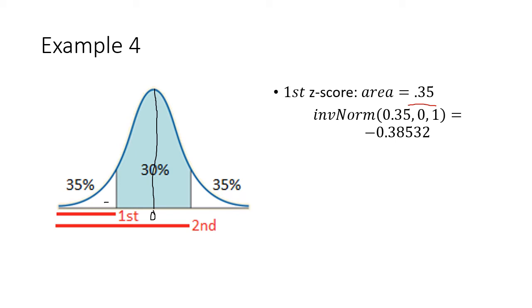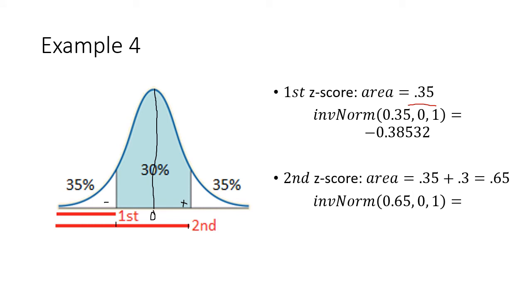Now for the second one, we're now to the right, which means my z-score to the right better be positive. But we're going to have to do a little bit of logic here as well, because it has to add up from the left to the right. So for my second z-score, I add up that first 35%, then I add up that next 30%, and so the area to the left, 35 plus 30, is 65%, and of course, convert that to 0.65. And then it's just a matter of plugging it in. I plug in the 0.65, then the 0 and the 1, and I get